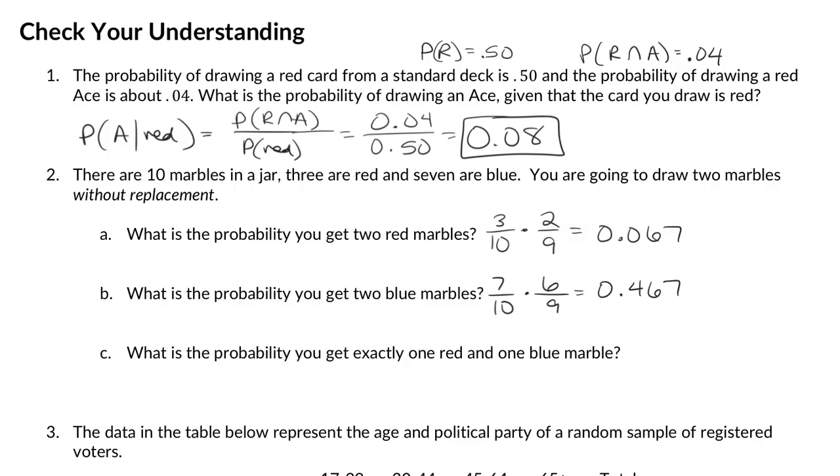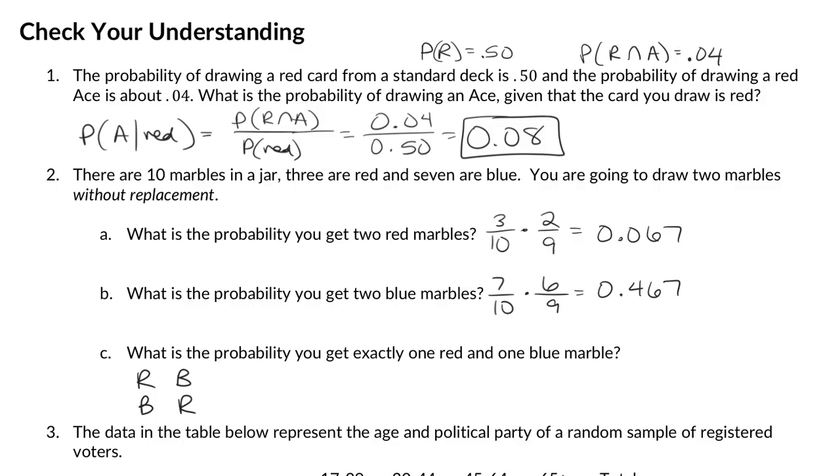Now for the last one, what I'm assuming you started to do, whether or not you finished it, is think, okay, well there's a way to get a red and a blue is to pull the red and then to pull the blue. Or I could pull the blue and then pull the red. So we'd have to find those probabilities individually and then add their probability together because there's 2 options. You can do that. Or you can use the concept of